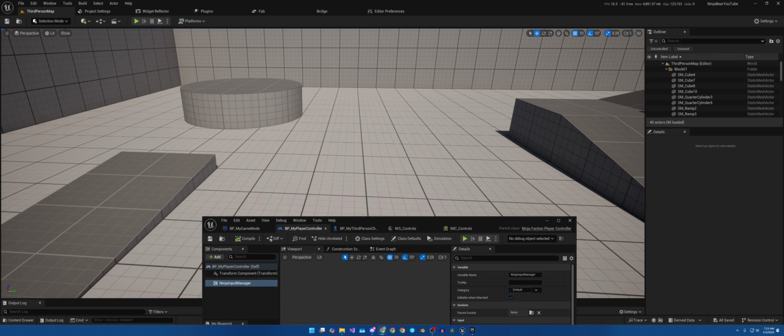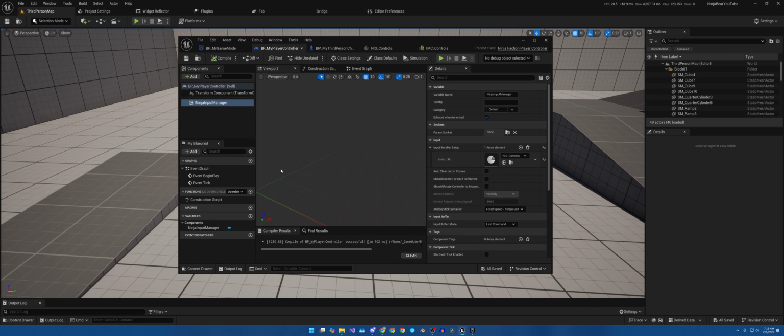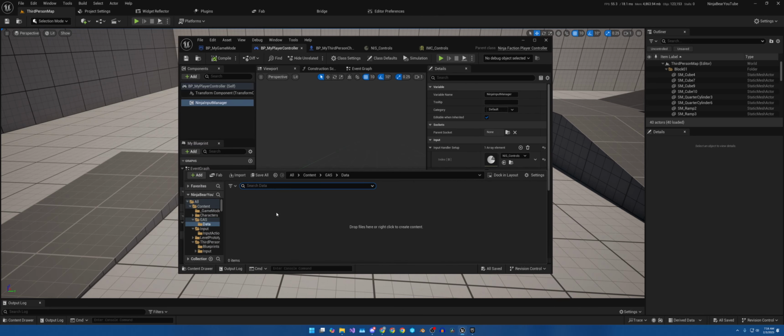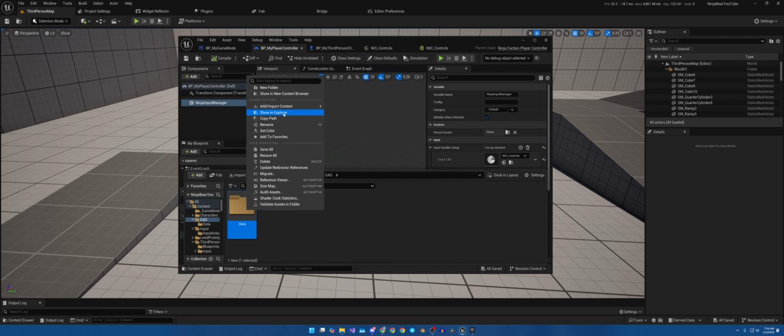The next thing that we need to do is a little bit on the complicated side because it's not something that most people will do, and that's quite all right. We need to configure and set up the ability system stuff. So the first thing we need to do, and this is the easiest way for me to find things, is I'm going to right click on this data folder and go to show in explorer